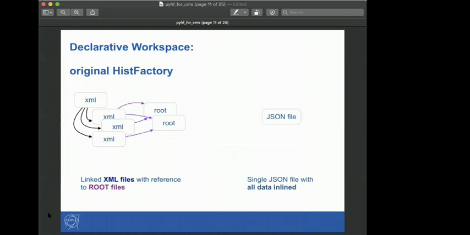Okay, so here's the main part that changed in terms of the original HistFactory and the pyhf version. In the original HistFactory, the way that we organized our workspaces, or collected all the information that was used to generate the workspaces, was a bunch of XML files that are interlinked between each other. And inside of those XML files, you reference root files, and in those root files, you have all the different templates that are being used in terms of building the workspace. And so that's